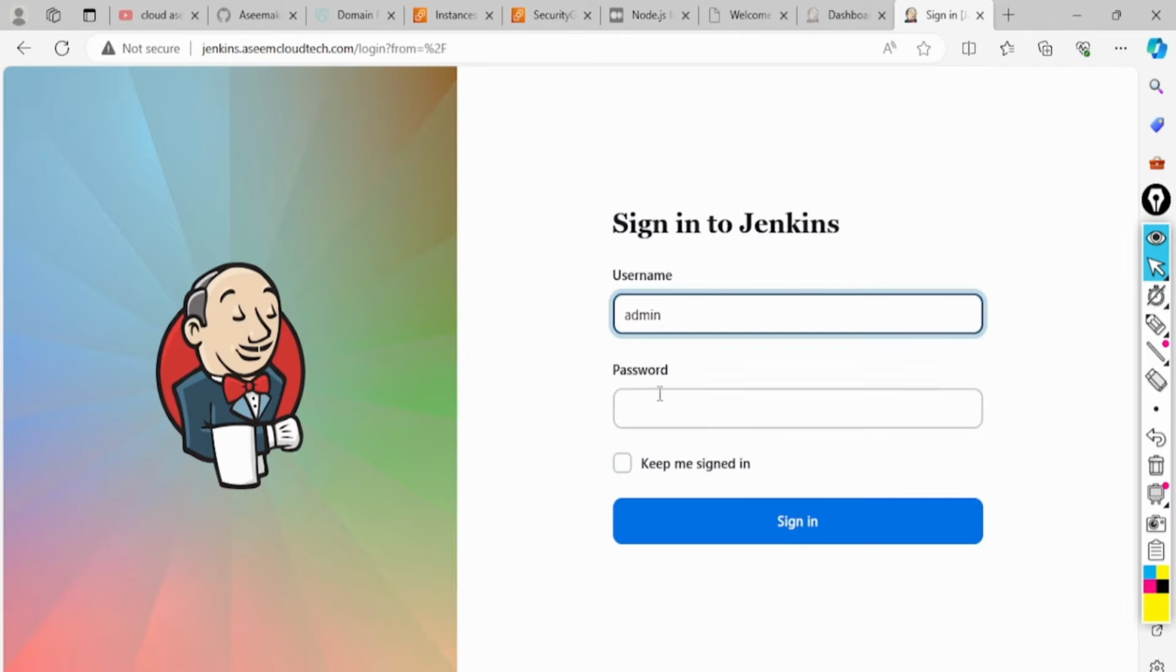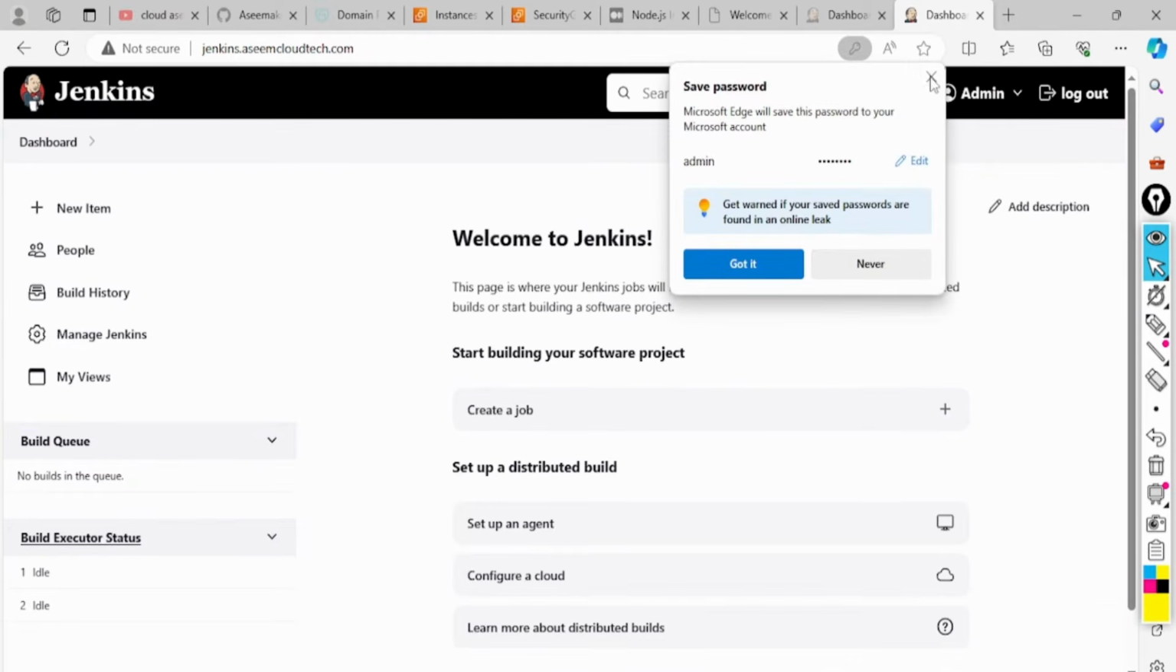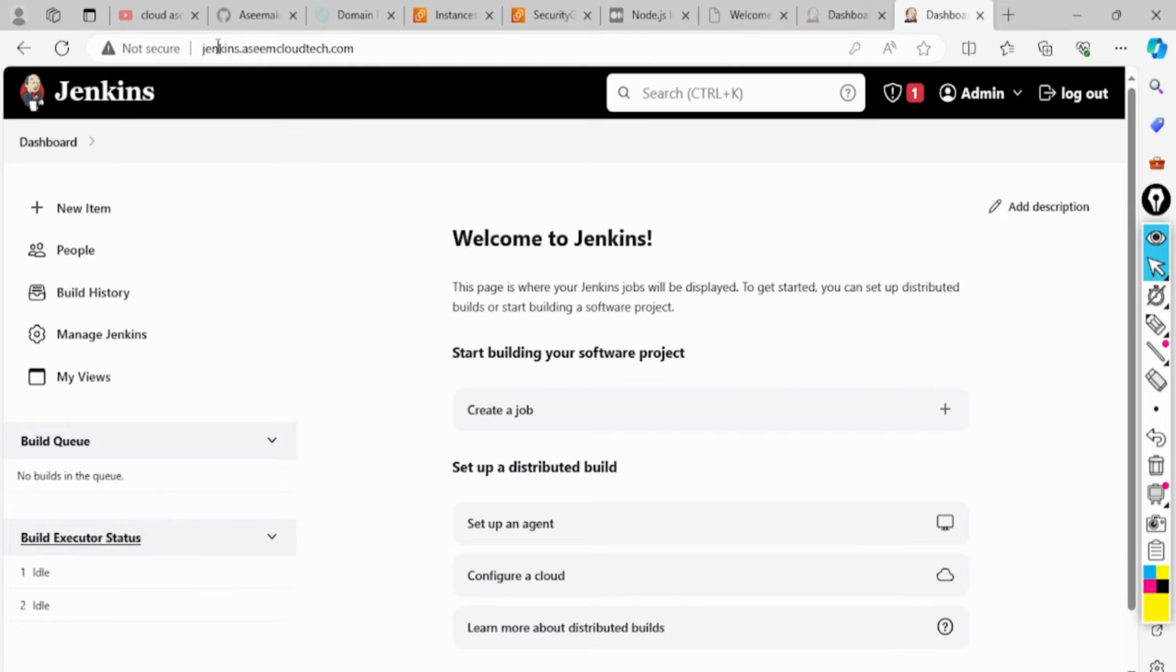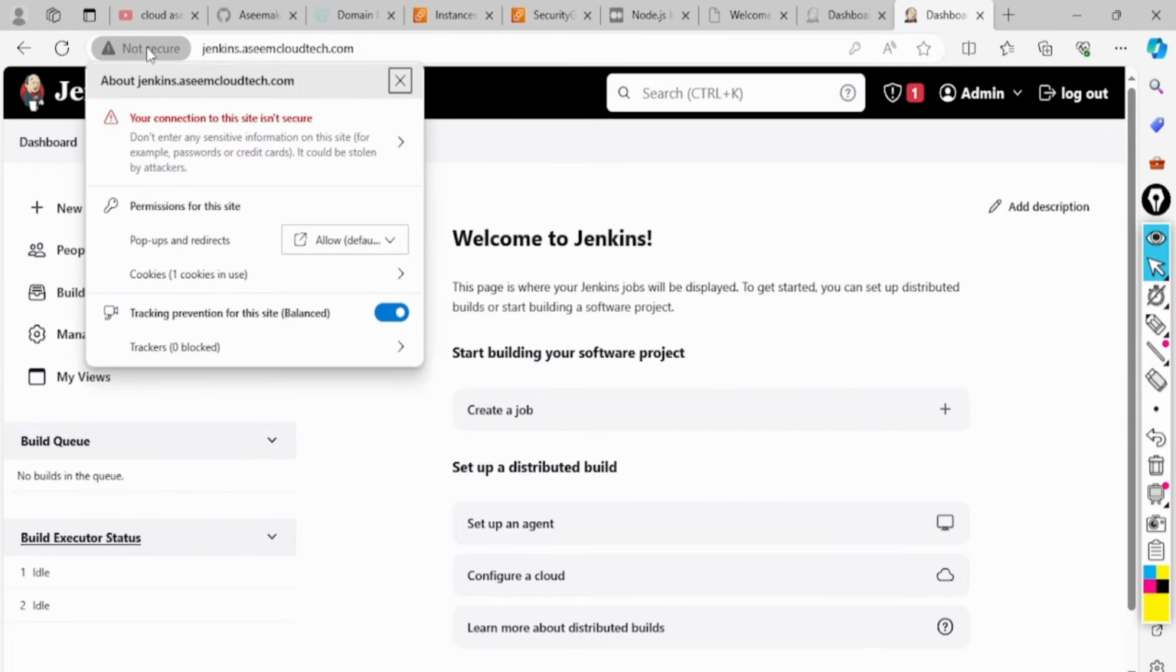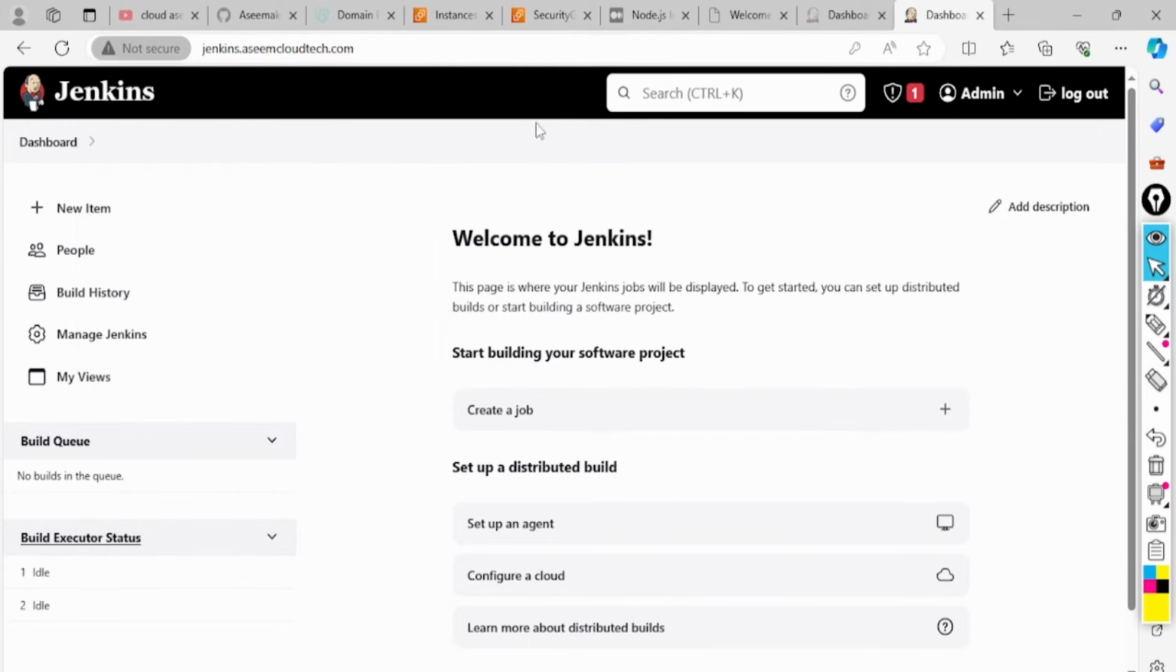So the password I have given over here, I'll be using again the same password which I have given before. This is the way in a real-time scenario: you have to create one domain and assign it to your Jenkins server. Now the problem is that whenever the content is passing from the dashboard